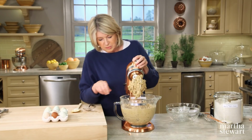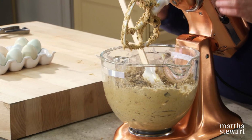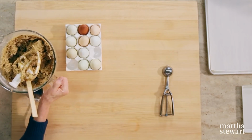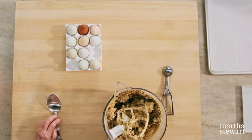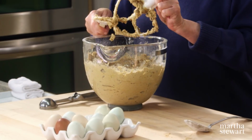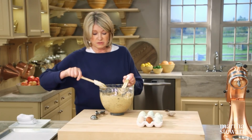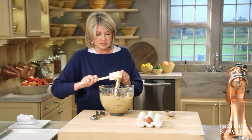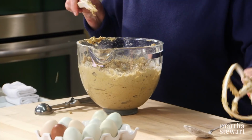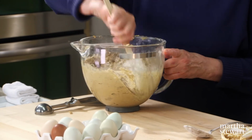Oh boy, is that a heavy batter. And a rich, delicious batter. This bowl will make approximately 40 cookies. Now preheat your oven to 325 degrees. This cookie only takes about 15 minutes to bake. So I'm just scraping down the bowl. You can mix this up